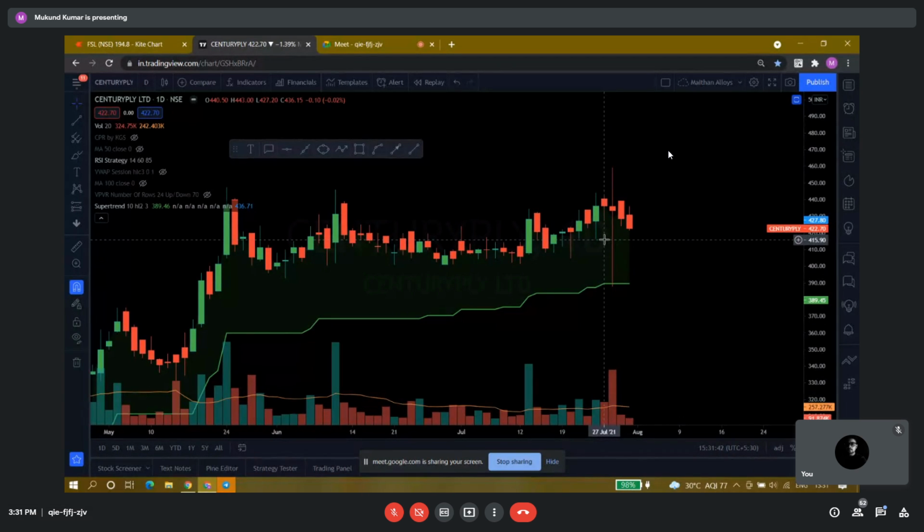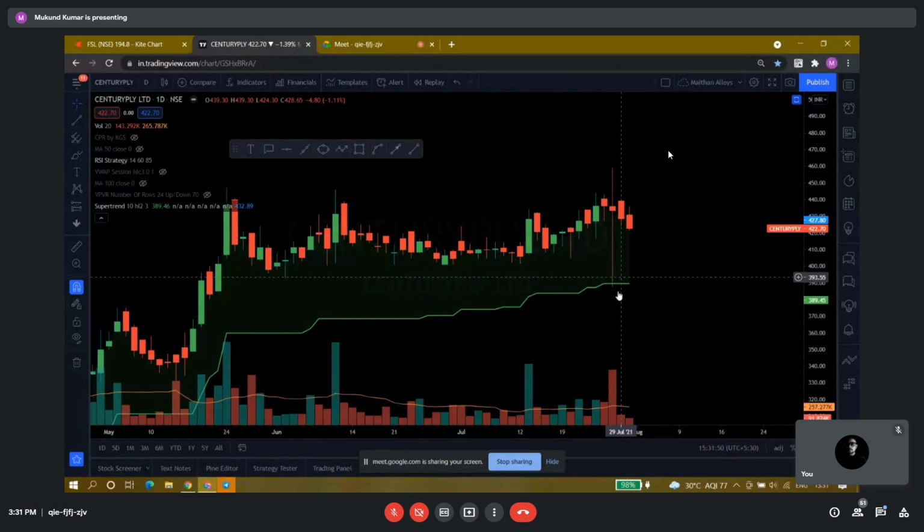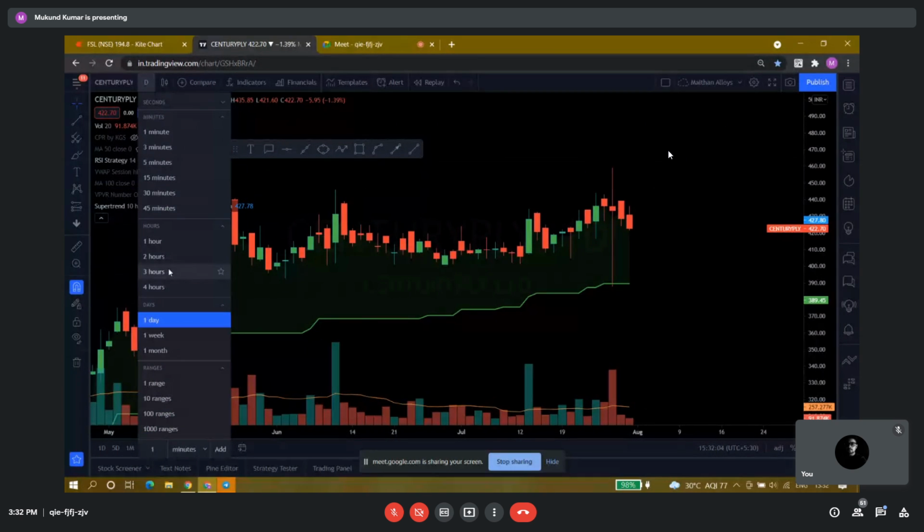I have not followed this super trend yet, because this is the initiation of the trade. I have not got our first target. We have to follow this super trend only after we get our first target, to trail our stop. Yeah, but as we can see on the 3 hour chart, by using the super trend, there is only a buyer, not a selling option. That's why I'm asking whether we have followed that super trend here.